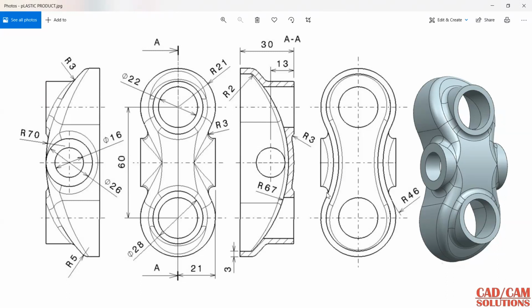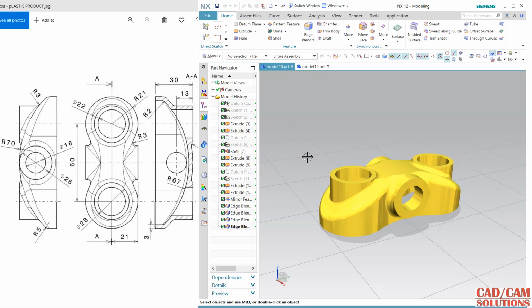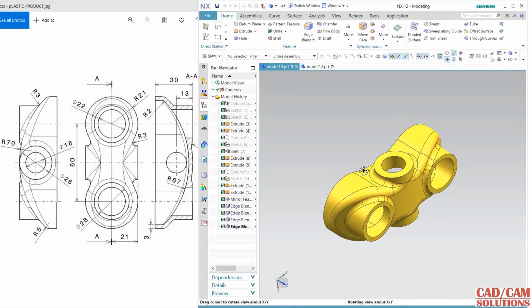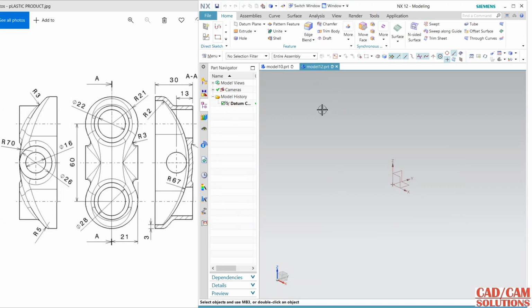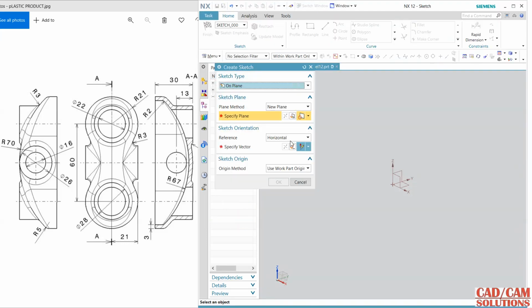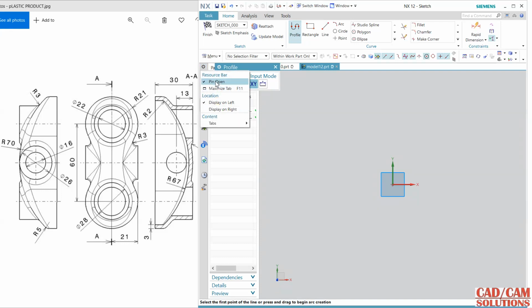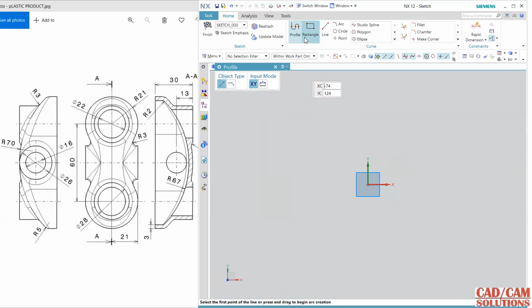So first of all I am going to create this profile that you can see here, and after that I will create this arc, this upper one. So this is the upper arc. So let's start with NX, then we will see. So this is the model I'm going to create with the help of this view. So start with the sketcher, and I'm starting with this XY, and I'm going to hide this navigator and